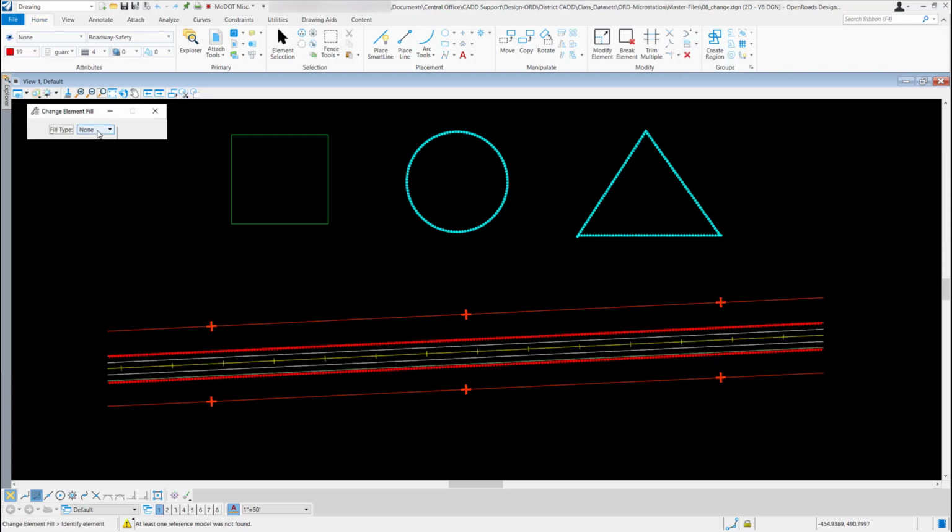In this tool, you have three different options under your fill type. You have None, you have Opaque, and you have Outlined. I'm going to select Opaque first, and you'll see now you have another option down here for fill color. You can either use Element or Gradient. We usually don't do a lot of gradients here at MoDOT, so we're just going to leave it set to